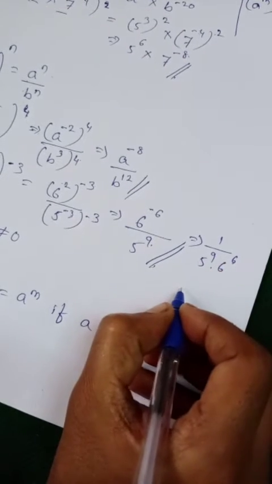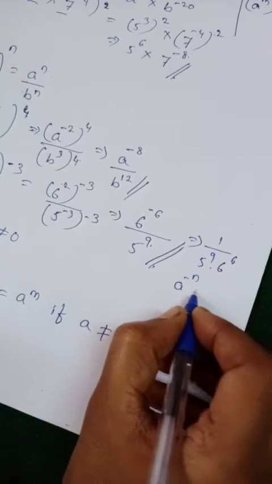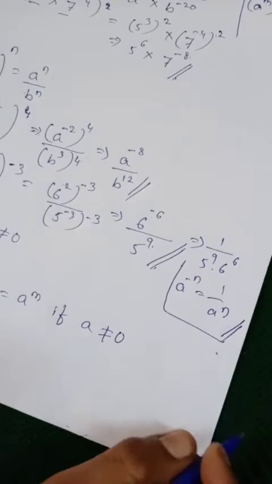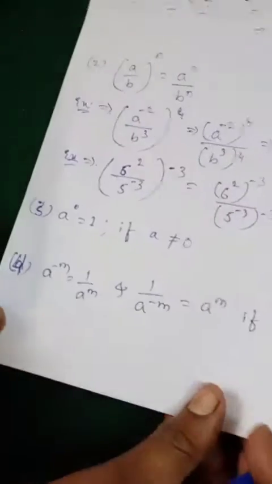Why? Because a raised to the power minus n is equal to 1 upon a raised to n, that we studied in the previous class. Okay, then the third one is